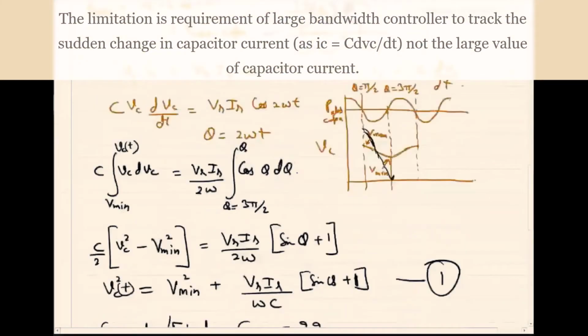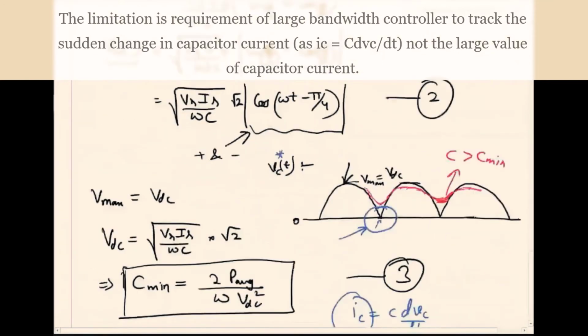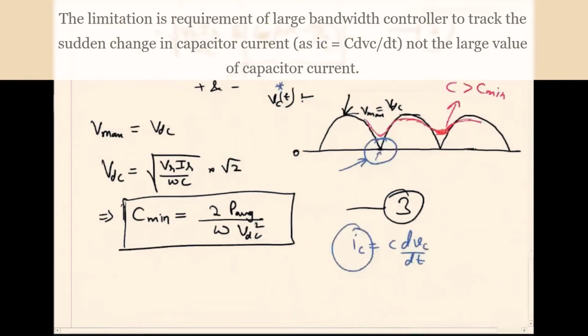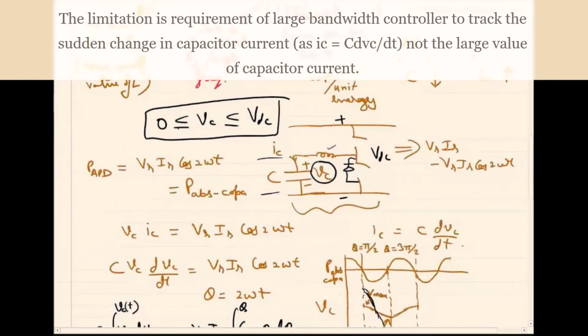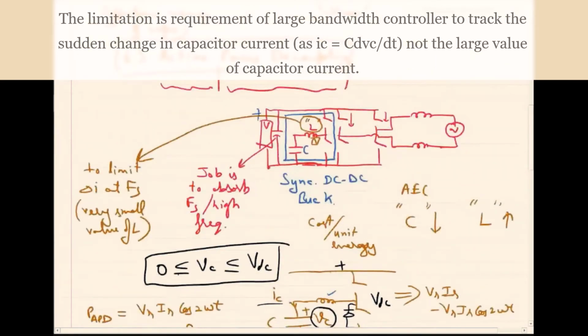So practically what will happen is, if you keep this minimum value of C, you will never be able to achieve this sharp transition in the capacitor voltage, right? And if you will not be able to achieve that, that means your actual capacitor voltage will not be equal to the reference capacitor voltage, which means you will not achieve perfect active power decoupling. That means you will probably reduce the ripple in the main DC voltage, but there would still be low frequency ripple in the main DC bus.